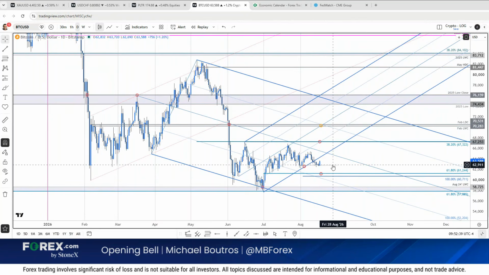Look, key support, the monthly open is right here at 62,900, essentially 62,888 change. Look, support is 60,711 to 61,244. A break above the highs, you're still looking for 67,322. That's the breakout you need to fuel the next leg of the uptrend. We could validate an amendment to this slope, although it's very, very clean.